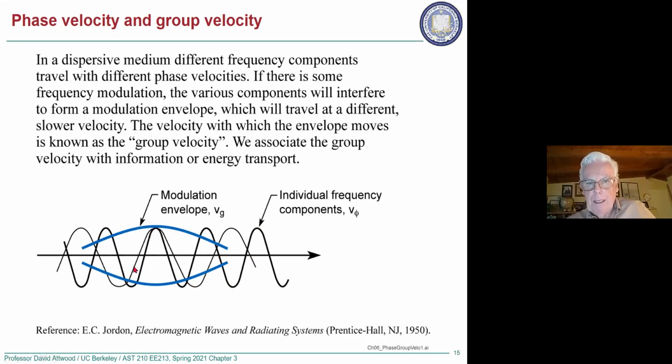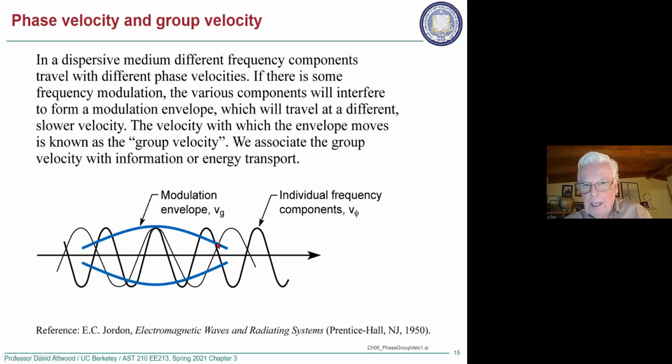But there could be some other frequencies there also, and this one, the lighter black line, is shown to have a slightly longer wavelength. And so it's monochromatic. It is at a different frequency, different wavelength, different frequency. So it feels a different refractive index. And that component of this wave packet, we'll call it, moves at a somewhat different velocity. And these two things, their peaks may add up here, but they may not add up someplace else. Here they're just canceling. And so there's this envelope of intensity, which